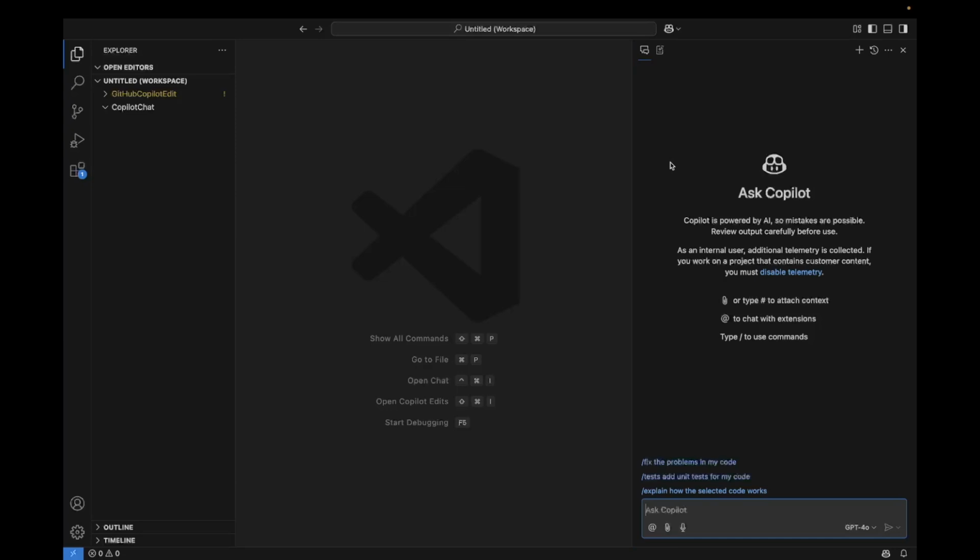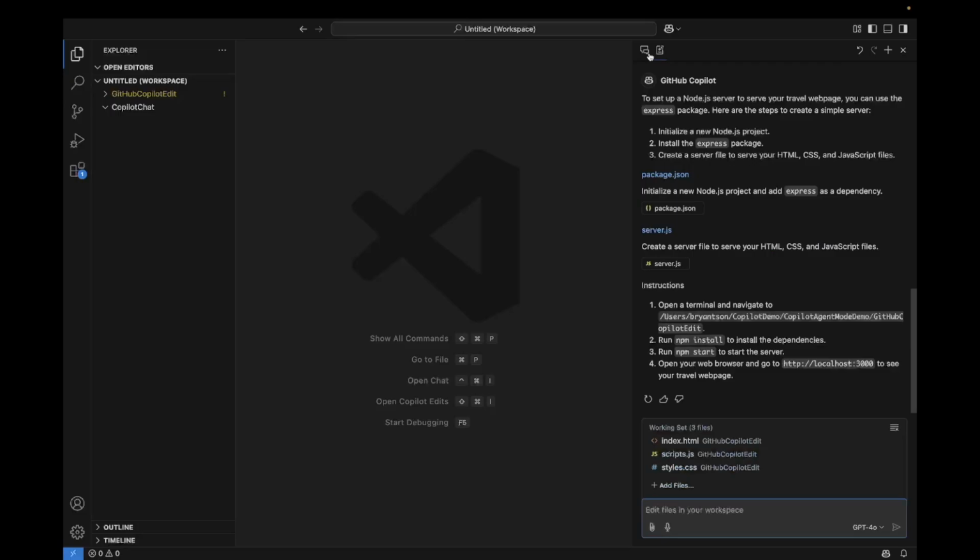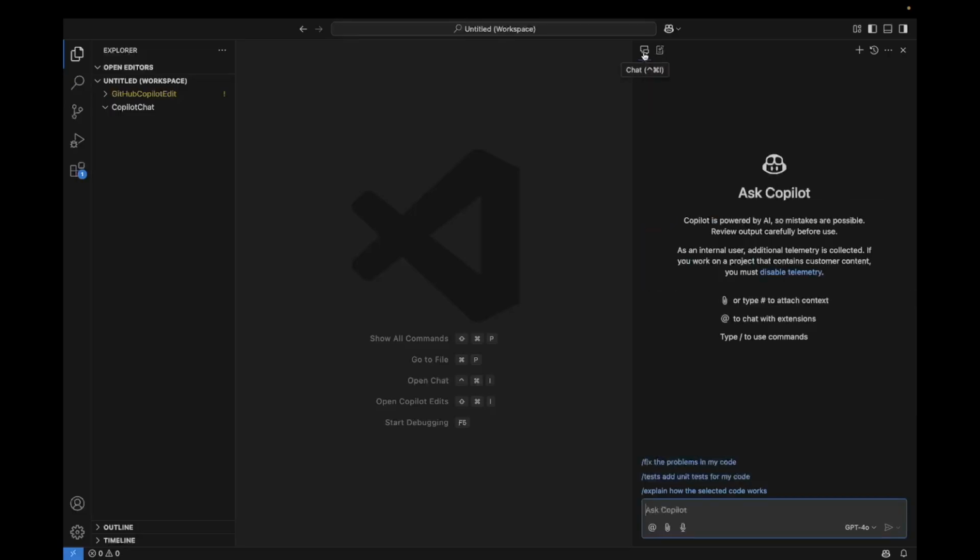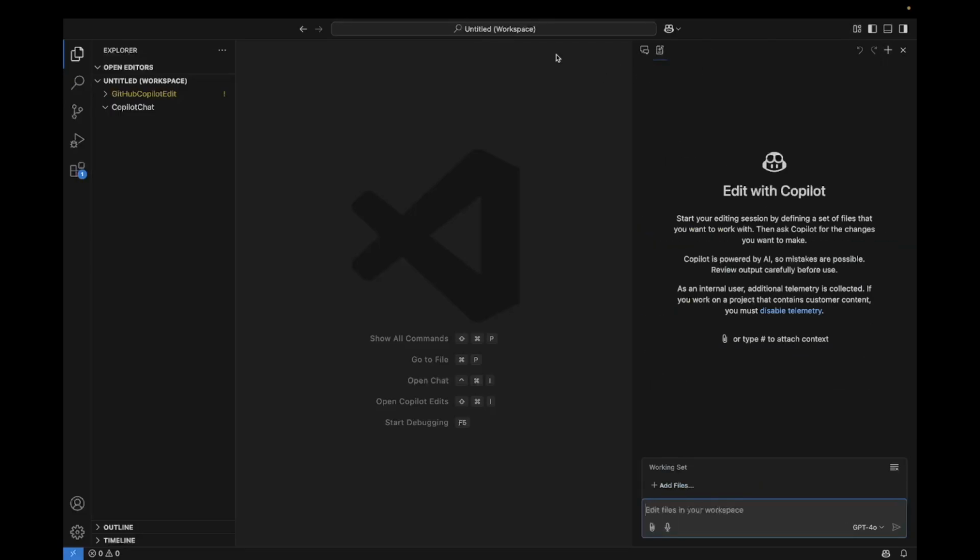So here's my Visual Studio Code chat window panel. And then layout-wise, you can see that it starts with GitHub Copilot chat, but you can also change to GitHub Copilot edit mode, as you can see, right? Okay. So I'm going to start with the GitHub Copilot chat. I'm going to ask,